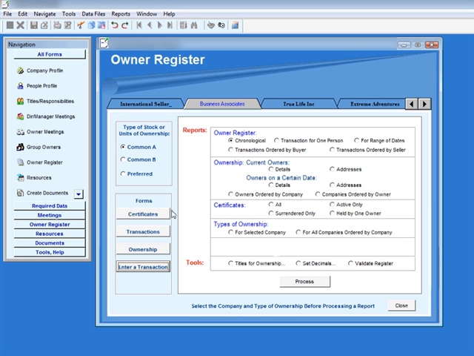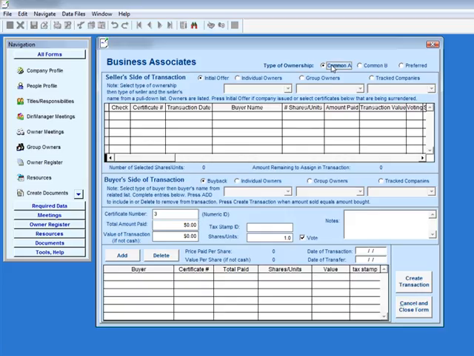Start by selecting the company, then open the Enter Transactions form and select the type of ownership. Select the type of seller and select the seller's name from the pull-down list. Now select the certificate that is being traded. Move to the buyer side of the transaction in the lower half of the form and complete the information for